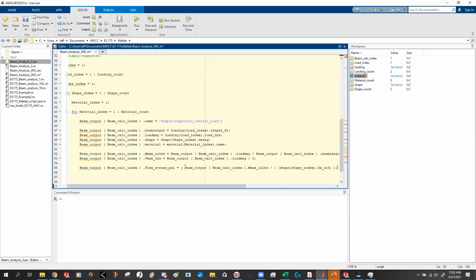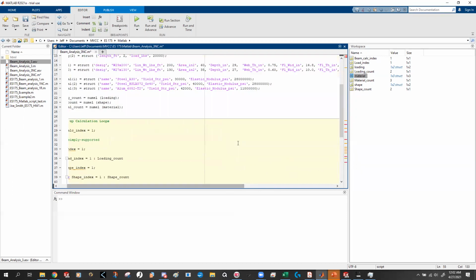We took our beam output, which was our M max that we just calculated up here. The formula is M over S. It's pretty simple, M over S, but we had to call the correct S over here. So we went to shape index dot SX inches cubed. So whichever shape we're doing at this point in time, that's why we put shape index here,